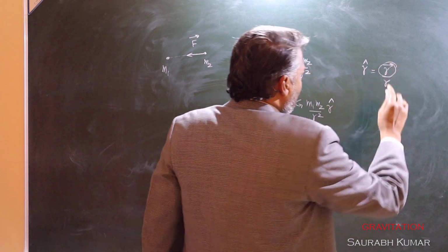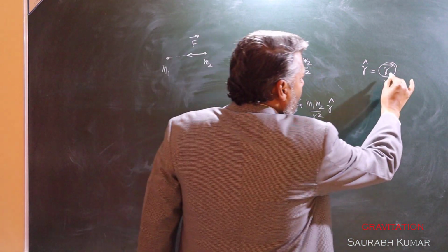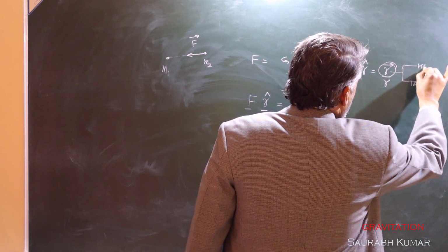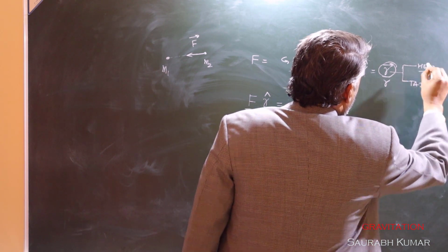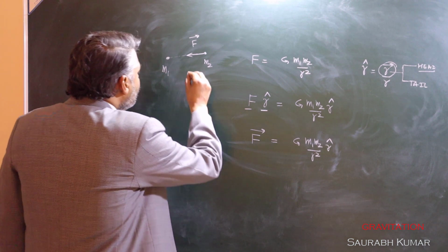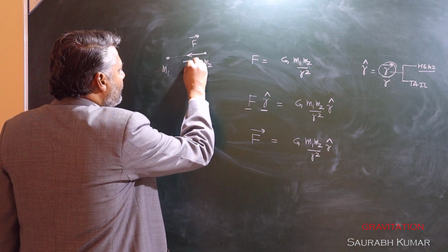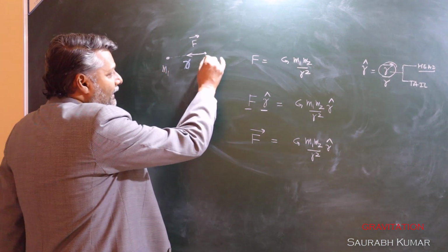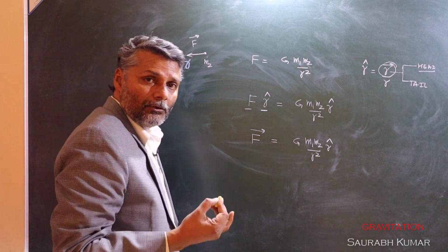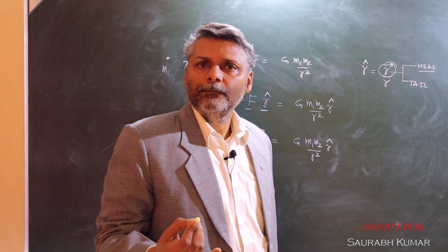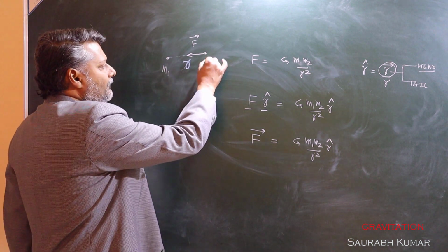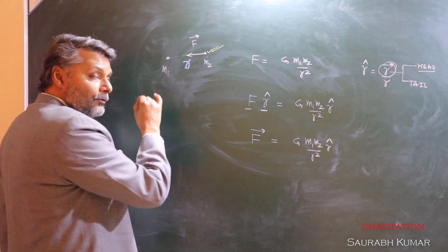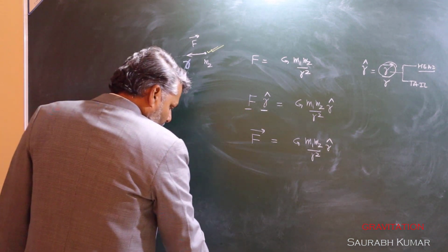Now to write a position vector, what do you need to know? The coordinates of tail and head. In this diagram, we know the distance is r. How do we involve the r vector or position vector? You have selected M2, and who is playing the role of environment on the selected body? The force is because of the environment. So in this diagram, we have selected M2. Let us mark it. And who is playing the role of environment? M1.